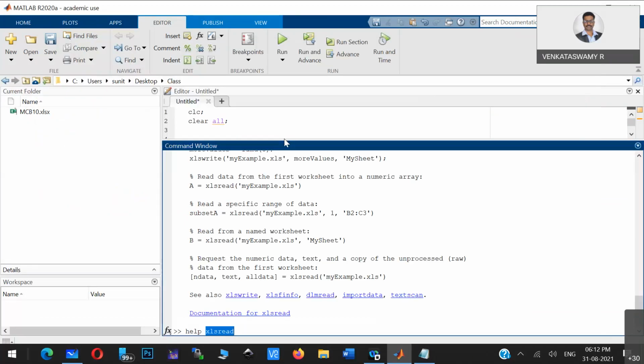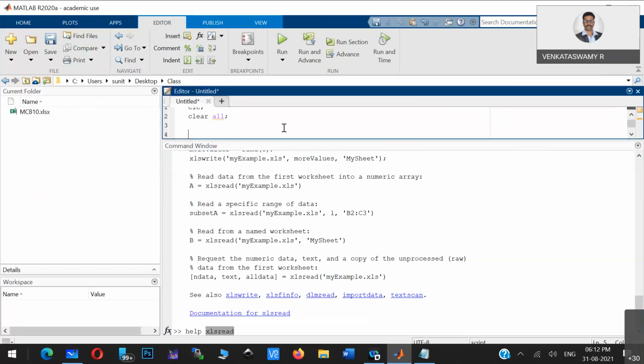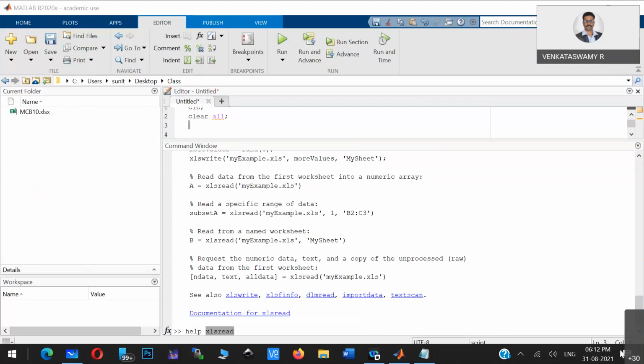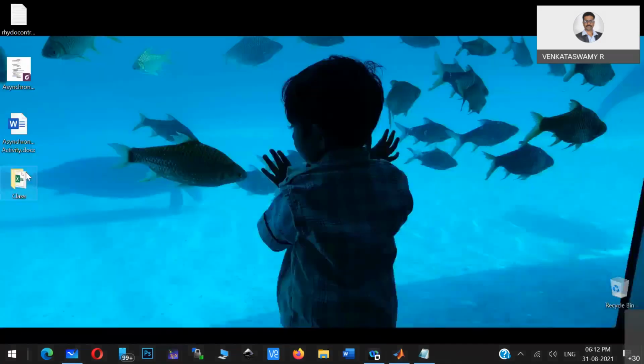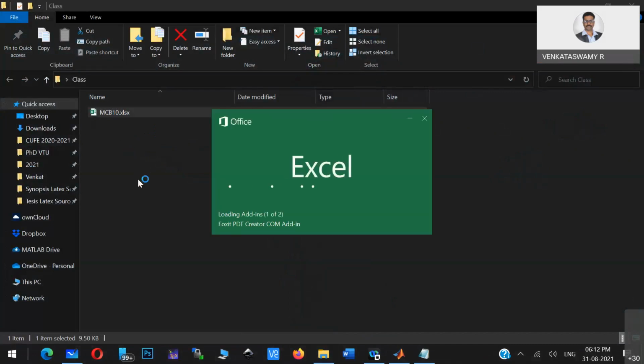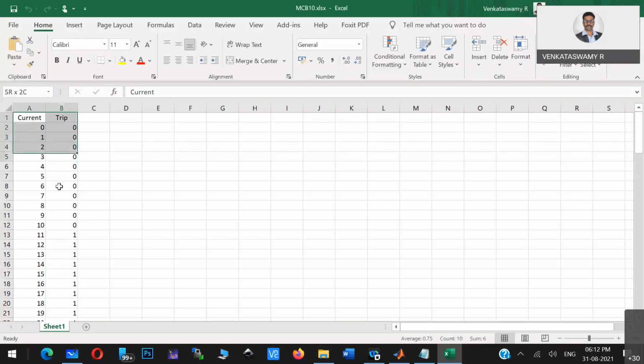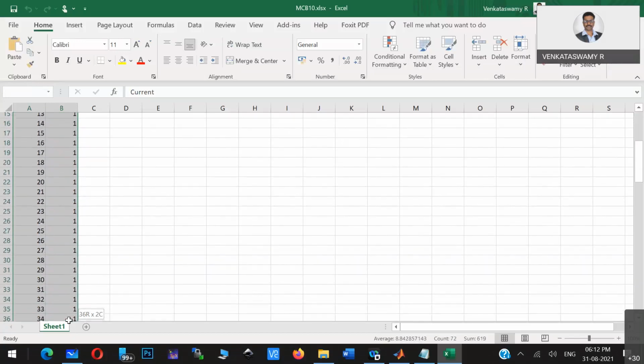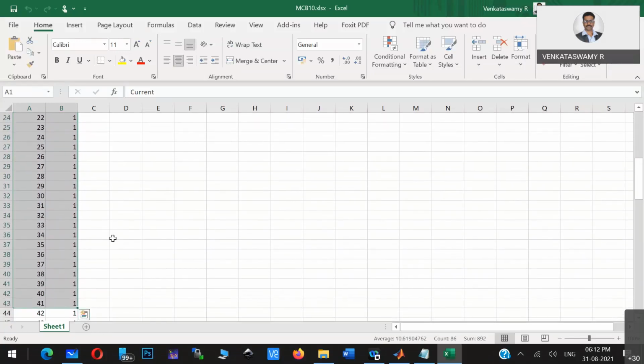So that is what we are seeing here. Now, what is my problem here? I need to take this Excel data. In this particular Excel sheet, whatever data I have, I need to take those values to MATLAB, correct? That I have to do first. Then I have to train this data and create a model in the neural network.